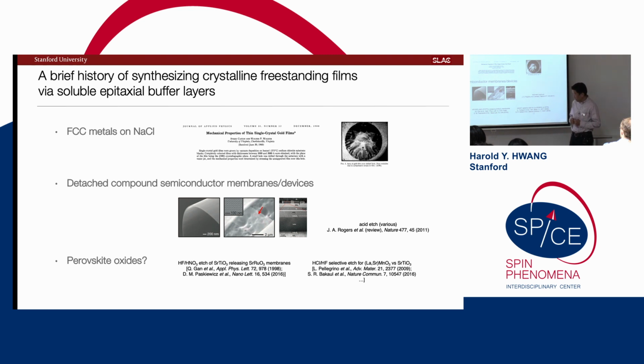It actually already does have a small but long history. The first examples I'm aware of are from 25-odd years ago, where for certain cases the film is so chemically robust you could just dissolve the entire substrate away. Here are the first reports along those lines. Then a group in Italy made a fairly extended effort with two perovskites, strontium titanate and a manganite, developing selective etch chemistries to play MEMS-analogous games in oxides.